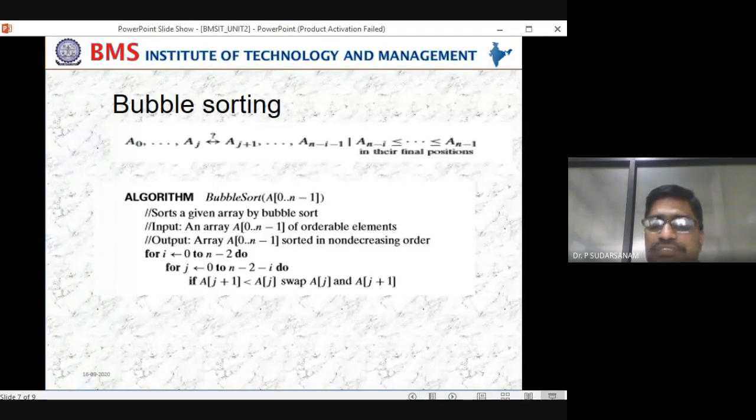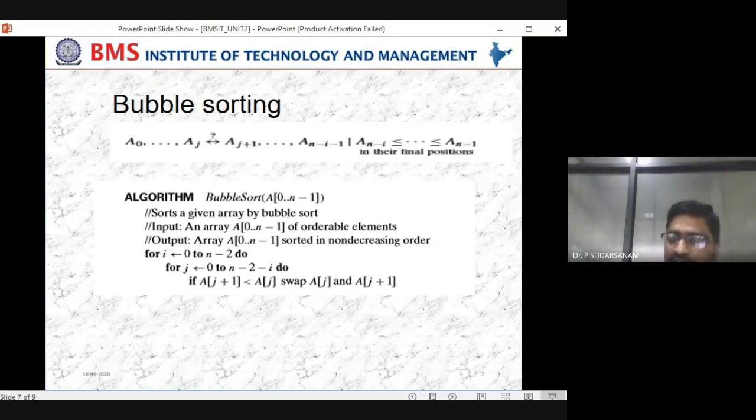So you have some definition, no? Insertion sort, yesterday I told you, laboratory program. So inserting in the correct position. We take one element, the elements before are already sorted, and this element, where can it be placed? That's what insertion sort is, where you are inserting the element. Similarly bubble sort also you have the definition. You cannot just say that it is nothing but a sorting technique. So how it will work, that is what you have to say.